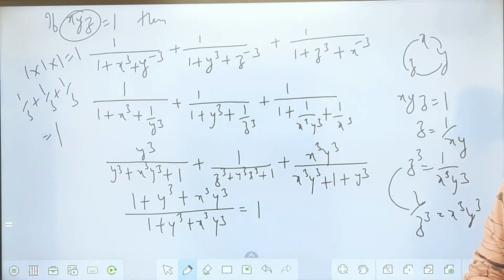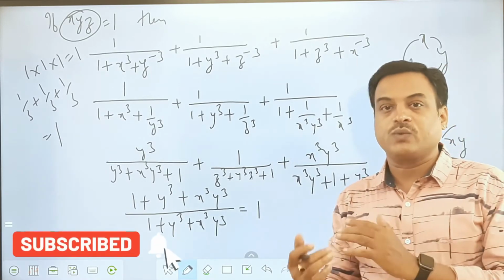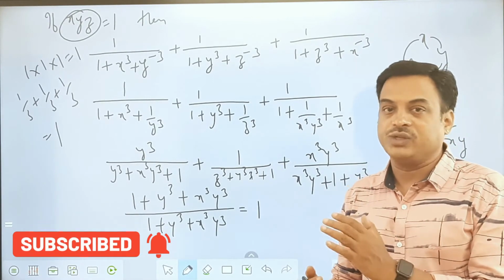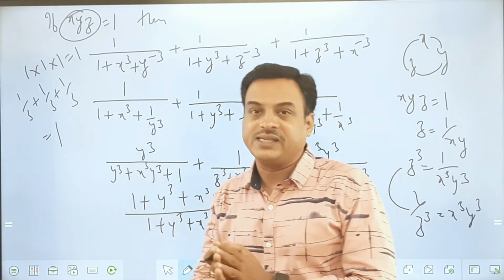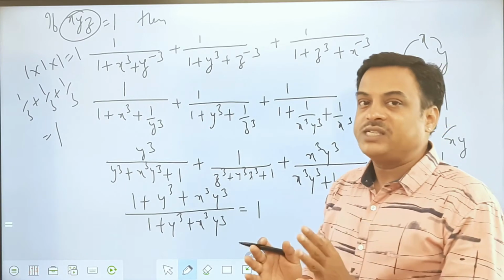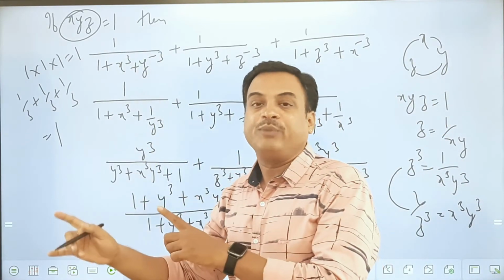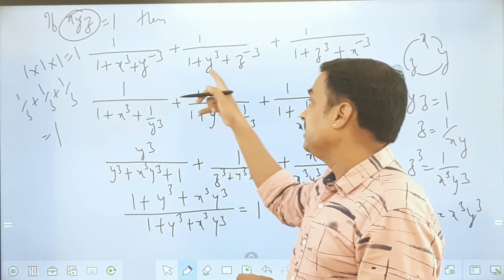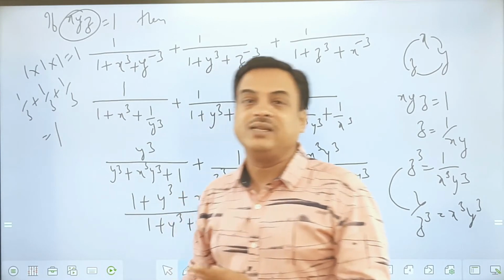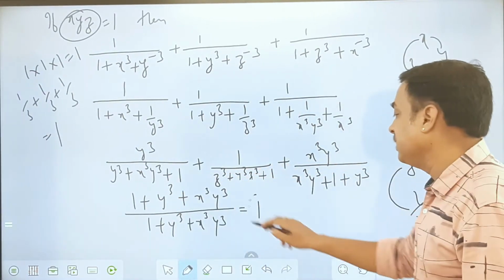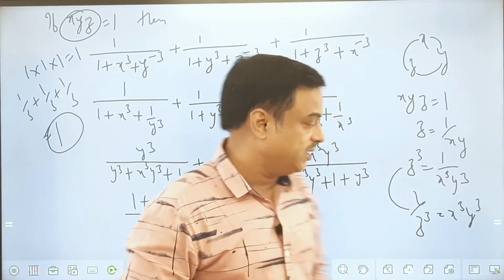But when it is given as a 2 marks question or 3 marks question or 5 marks question, you cannot apply these kinds of shortcuts. This is fine if you are writing any competitive exam. What I said here, the simplest method is, since the product of 3 numbers is 1, all 3 of them can be 1. So replace x, y, z with 1. You get 1 by 3, 1 by 3, 1 by 3. Sum of 3, 1 by 3 is equal to 1. So the ultimate answer is 1 over here, or by this method also it is 1. So this is an alternate method you can take.